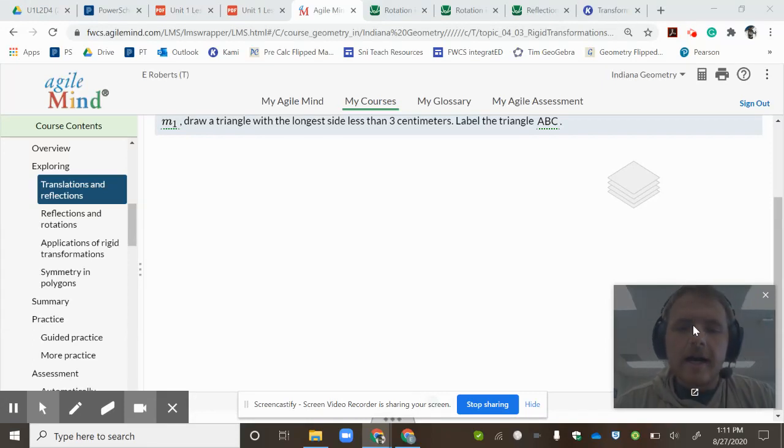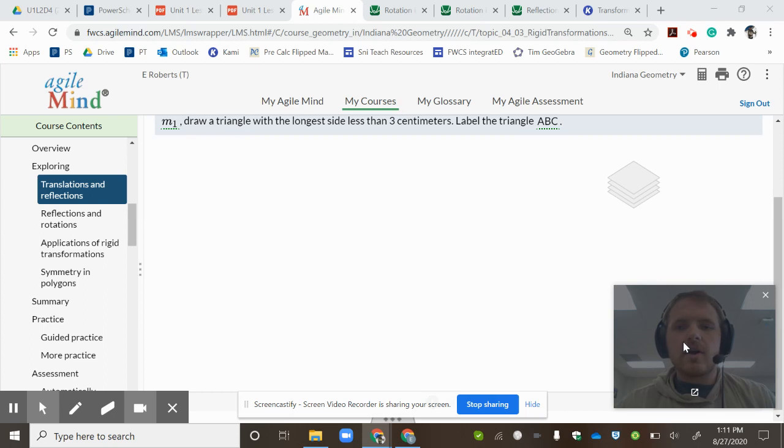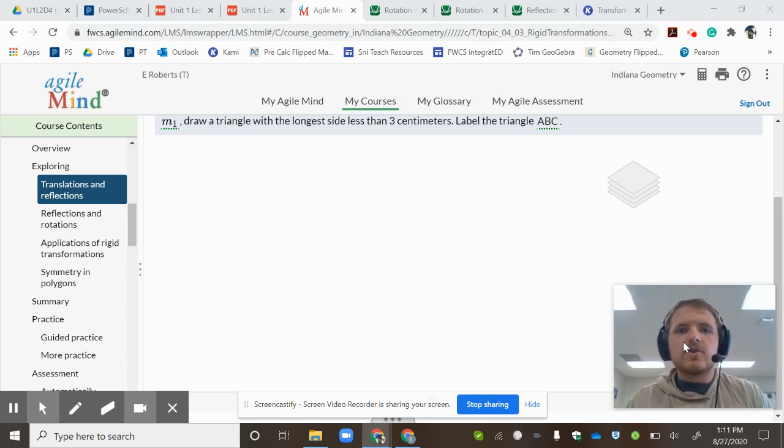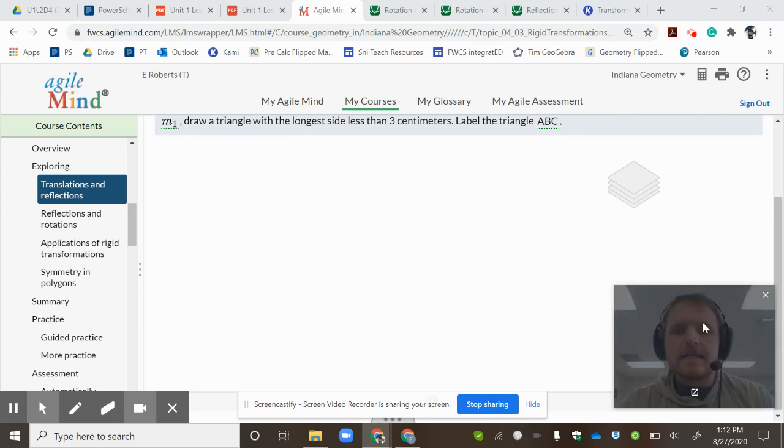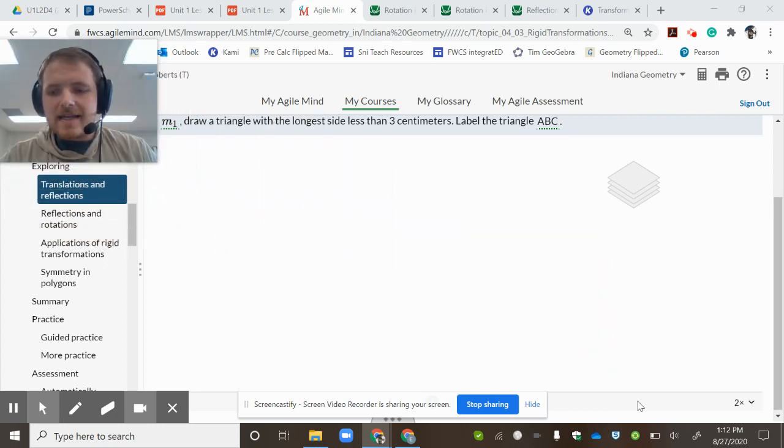Hey, good morning. We are talking about two different things today. It's called a composition of transformations. What happens if I do two things specifically in a row? So, we learned this the other day that if we